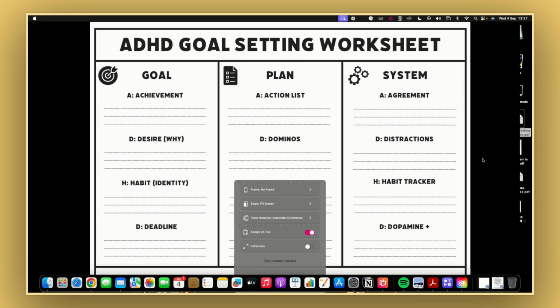So the first thing I'm going to do now is go through the first section, which is goal, right? And as you can see, there is an acronym underneath goal, which is ADHD, and it's achievement, desire, habit, and deadline. When it comes to setting a goal, it's very, very important that you look at what you want to achieve first, like what it actually looks like in the present tense. So you will be saying it as if you've already achieved it, right? And that's why A for achievement is the most important one, in terms of knowing what someone will see from the outside looking in that determines that you've actually achieved that goal.